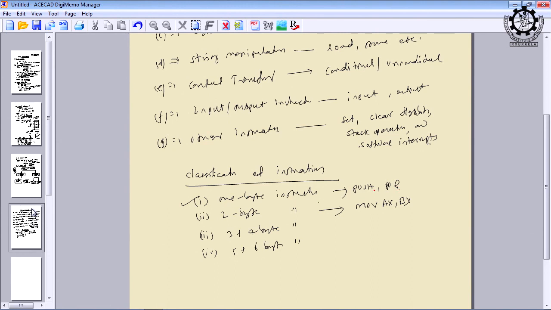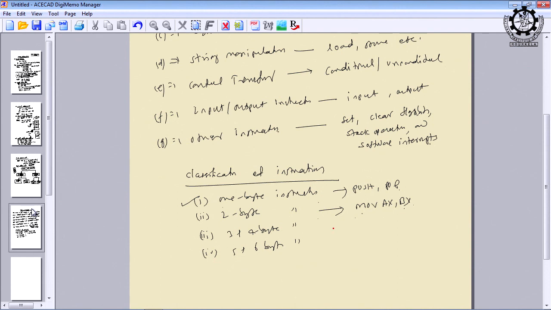So, here you do not have to specify an operand. Therefore, it is 1 byte. There will be an 8 bit binary code or a 2 digit hexadecimal code for a 1 byte instruction. And for a 2 byte instruction, for example, MOV AX, BX. Why is it taking 2 bytes? Because the opcode will take 1 byte and the AX and BX operands will take 1 byte, so 2 bytes.